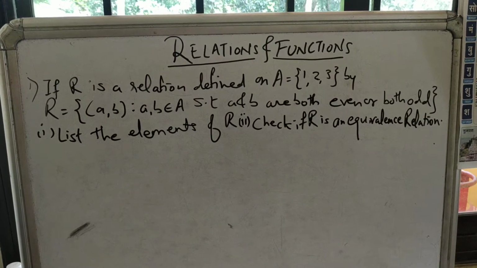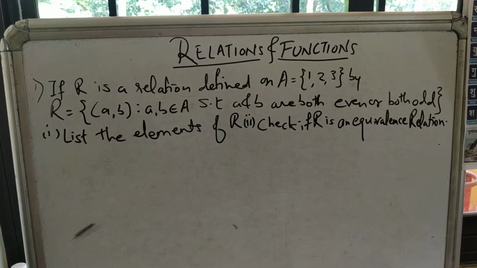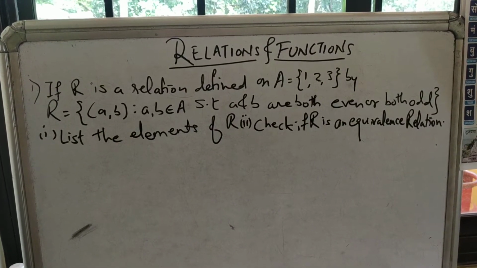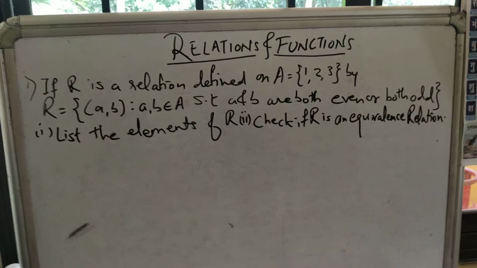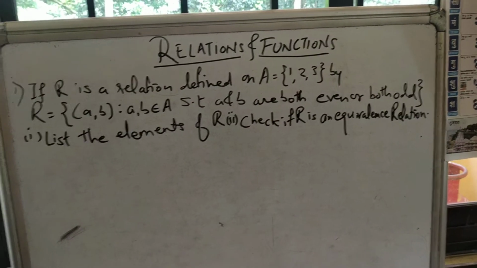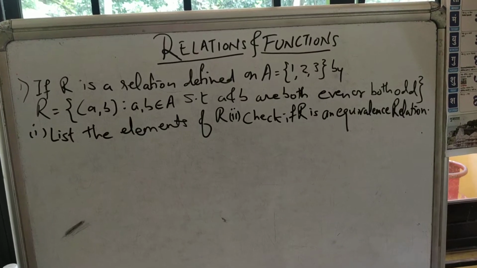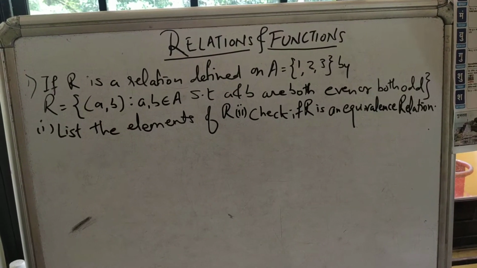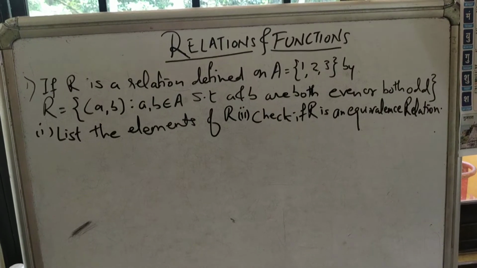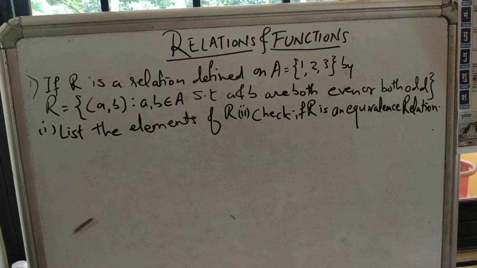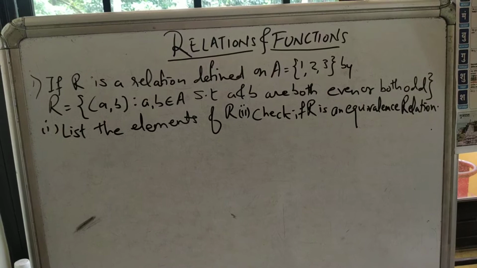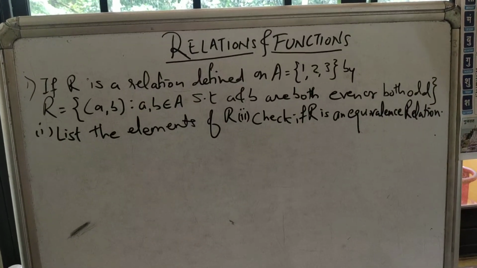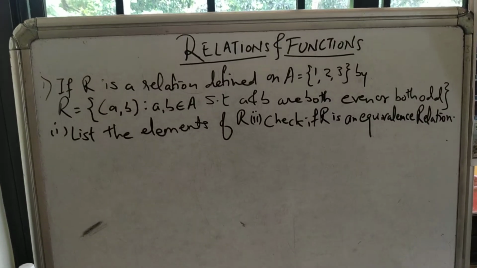Now, a relation R, a subset of S cross S on set S, is said to be symmetric if X related to Y implies Y related to X for all X, Y belonging to S. So whenever (1, 2) belongs to R implies (2, 1) belongs to R, the relation is called symmetric. Then the next relation is the transitive relation.